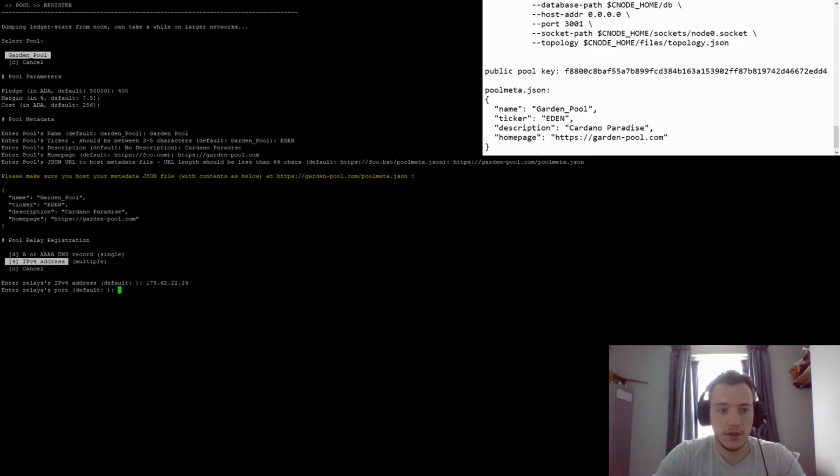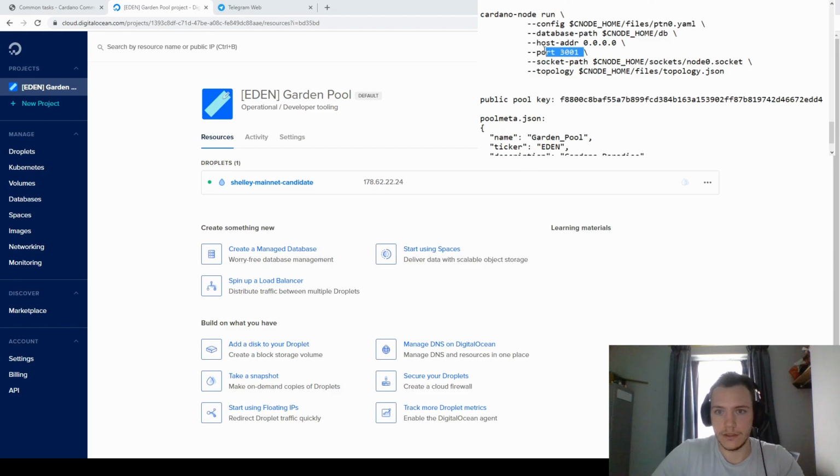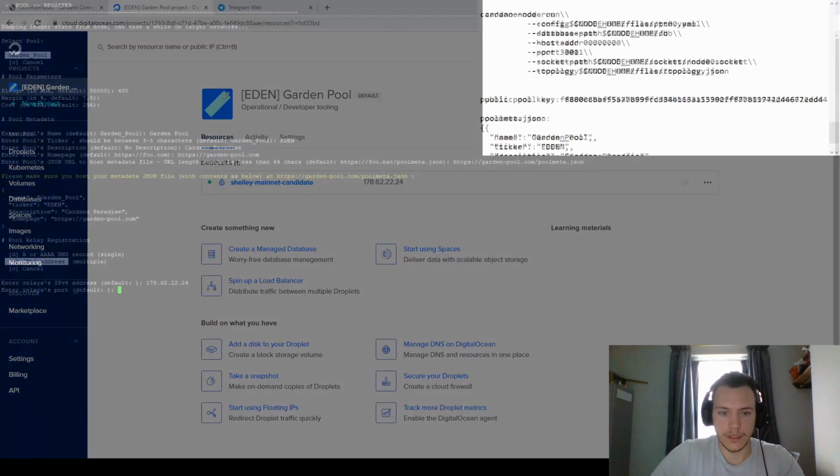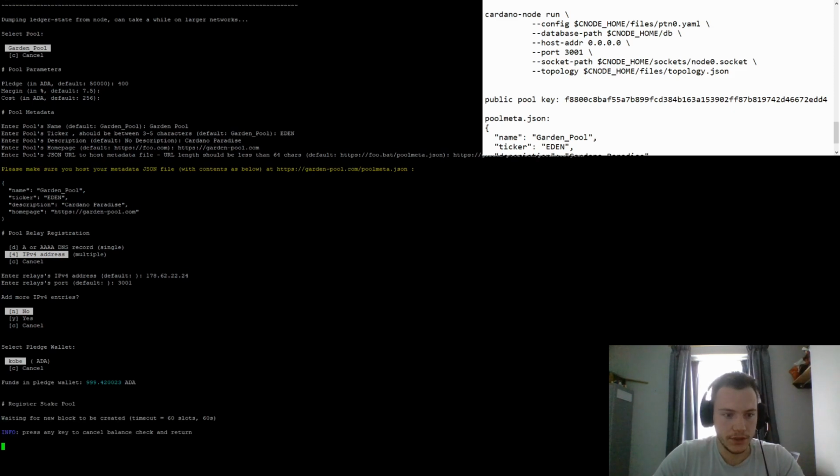So which port, which is the relay port? Who remembers? Well, we can check our notepad and we see we run the relay on 3001. So 3001. Any more IPv4 entries? No. Select pledge wallet. It's going to be Kobe, and